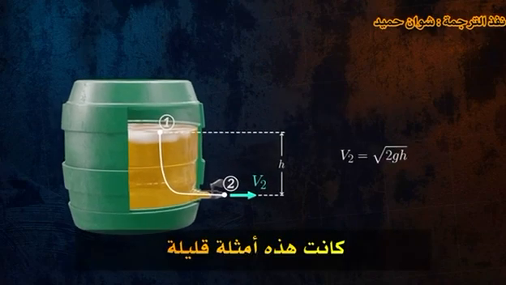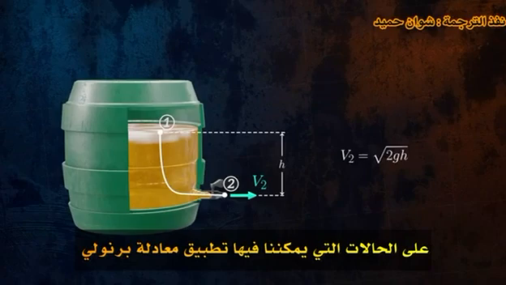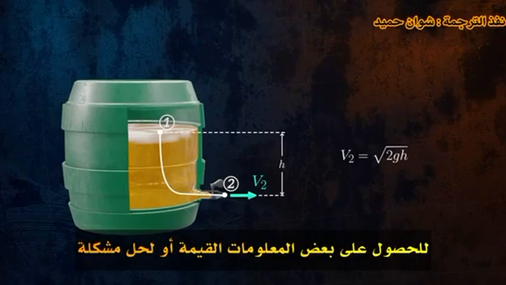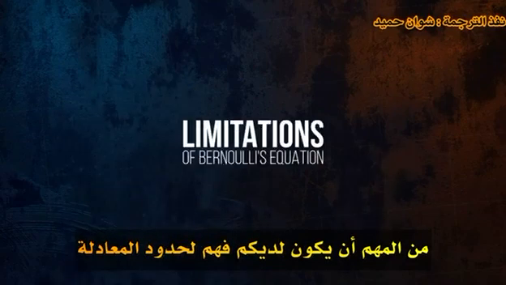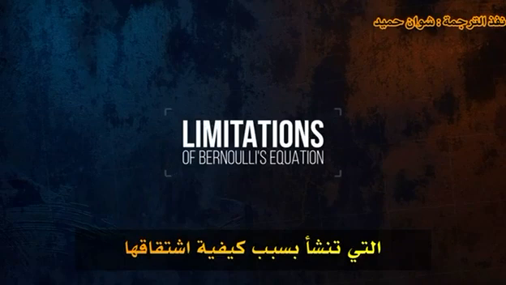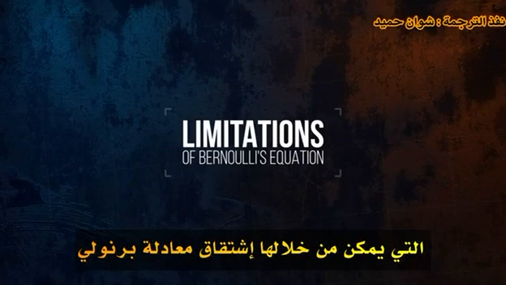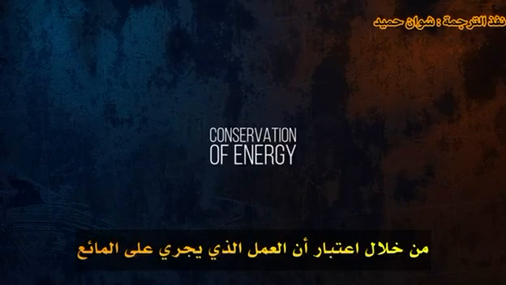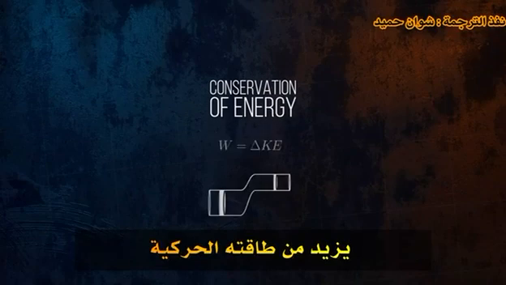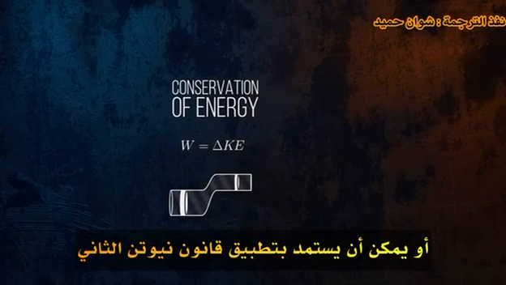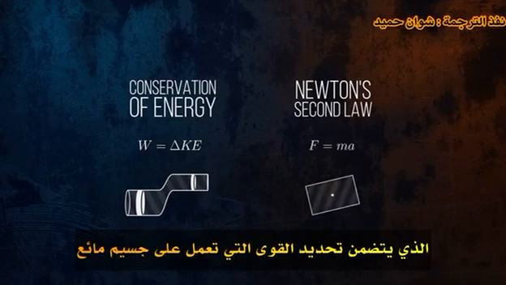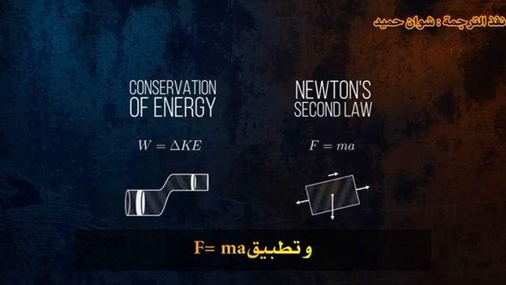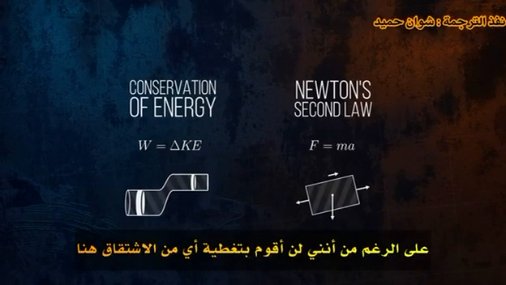Those were a few examples of cases where we can apply Bernoulli's equation to get some valuable information or to solve a problem. But to use it correctly, it's important to have an understanding of the limitations of the equation, which arise because of how it's derived. There are several different ways Bernoulli's equation can be derived. It can be derived based on conservation of energy, by considering that the work done on the fluid increases its kinetic energy. Or it can be derived by applying Newton's second law, which involves determining the forces acting on a fluid particle and applying F equals ma. Although I won't cover either derivation here,